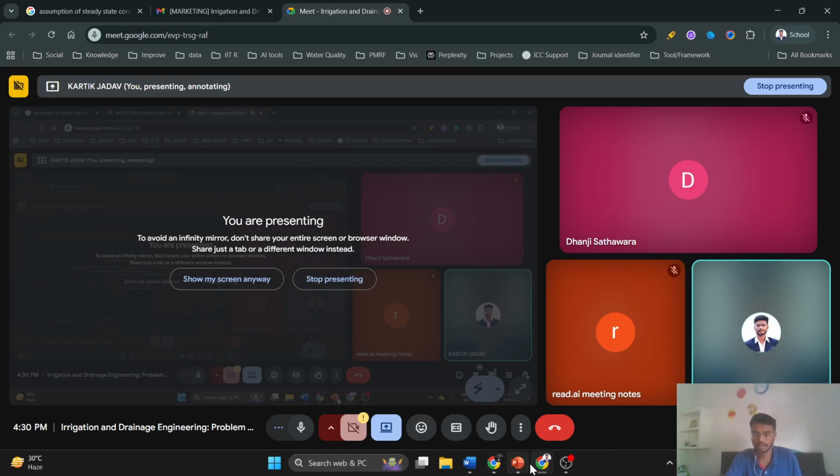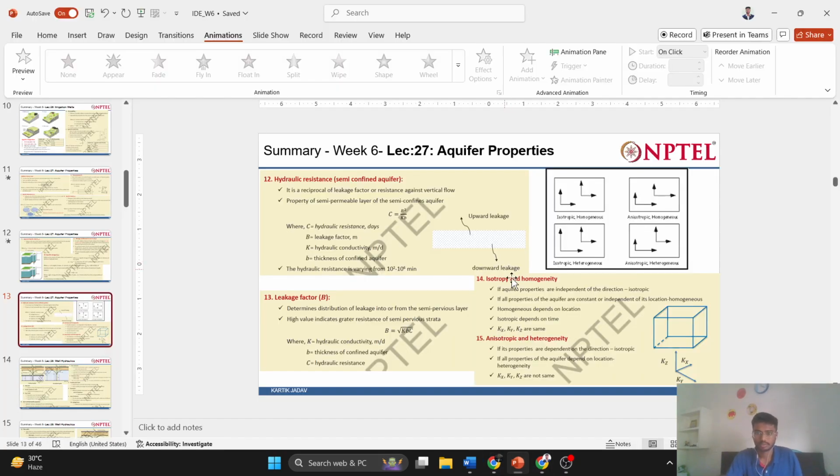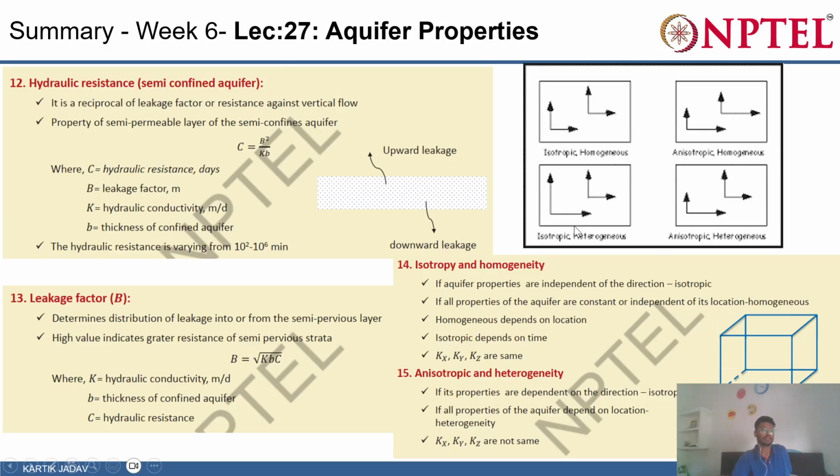Let's continue. We are talking about the dark properties of semiconductor. Then we have talked about isotropy, homogeneity, and anisotropy. So isotropy basically is the same